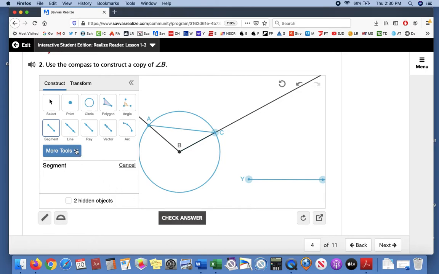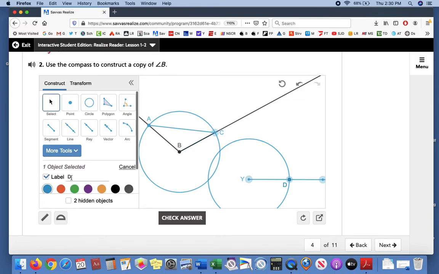compass function. So under Tools, with a compass, I can select that I want to copy this segment at this endpoint. And this is going to be where Z is, so let me label that point. Label it as Z. Okay. And now